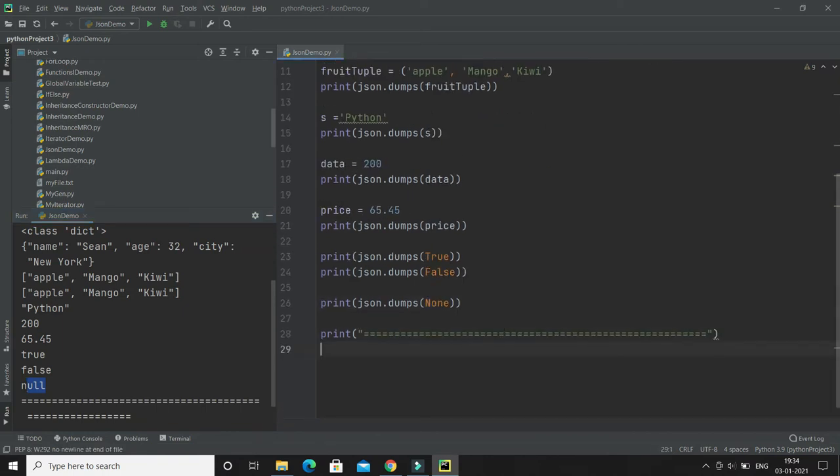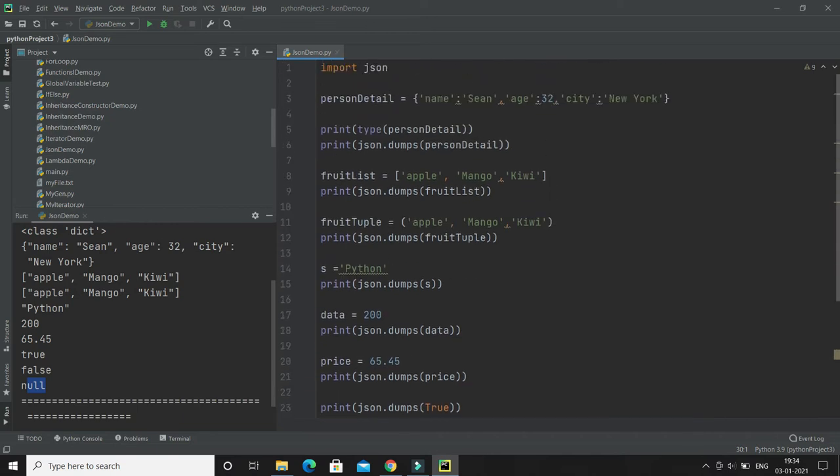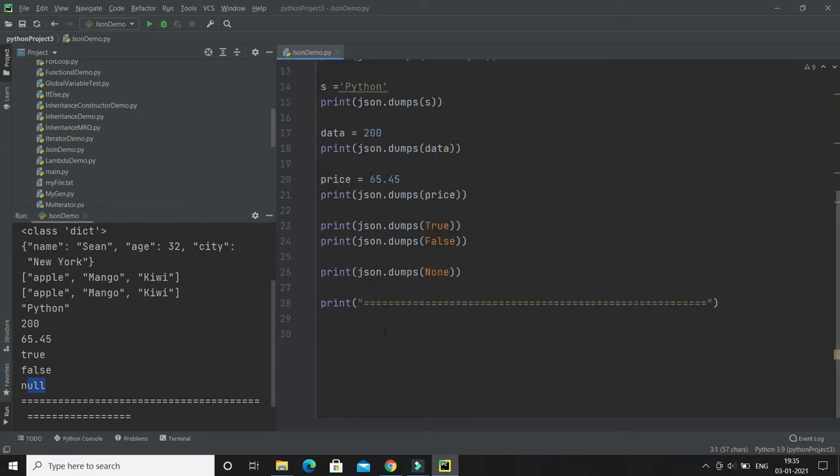Now I will move towards creating a little complicated JSON, right? So here I'm going to create a JSON with a little complicated data. Here you have seen we can pass dictionary, list, tuple, string, int, float, true, false, and none. These are the data types we can pass.